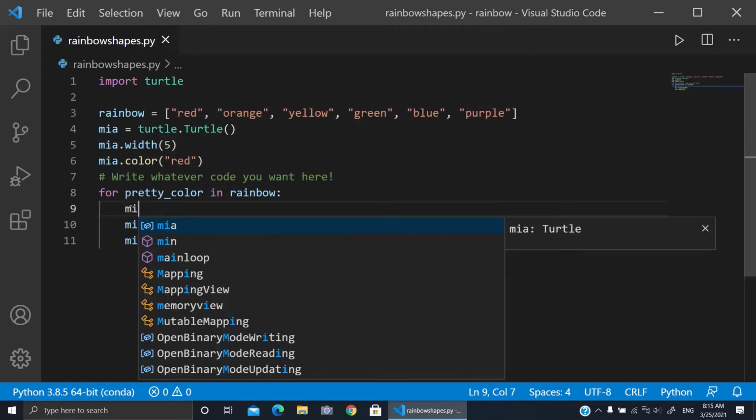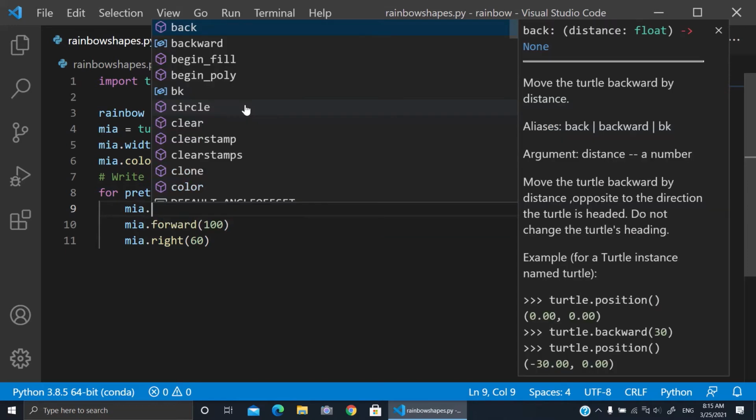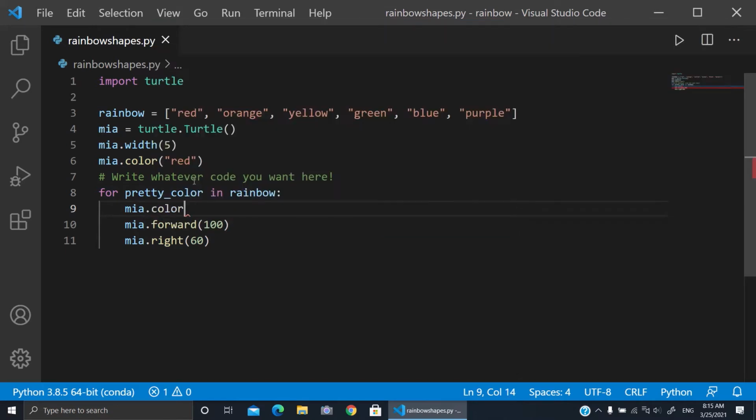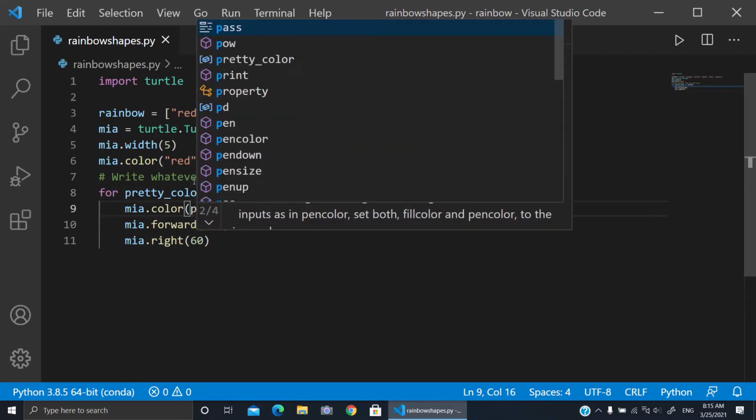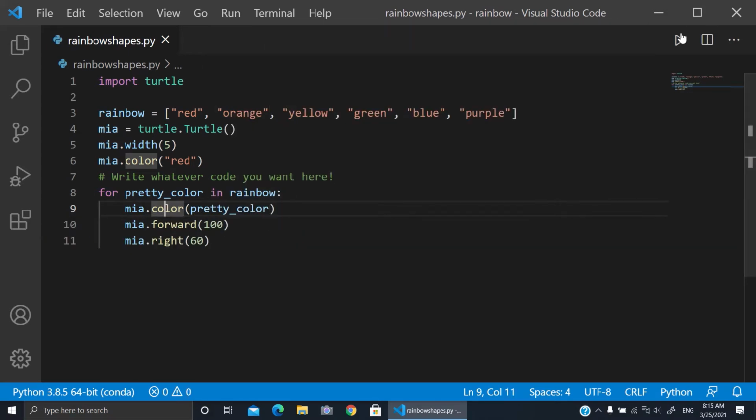So here we write Mia dot color and we set it to pretty color, like this, and run the code,